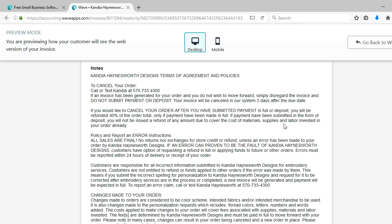Okay, so moving forward, I do explain that customers are responsible for all incorrect information submitted to Kandia Haynesworth Designs for embroidery. Customers are not entitled to a refund or funds applied to the orders if the error was made by them. This means if you submit the incorrect spelling for personalization to Kandia Haynesworth Designs and request for it to be corrected after embroidery services are in the process or completed, a new invoice will be generated and payment will be expected in full. Okay, however, I got to tell you that I am a bit flexible here